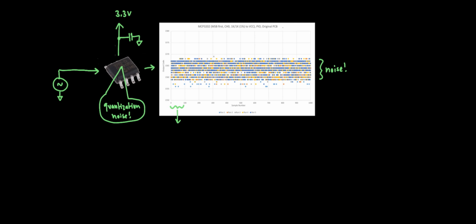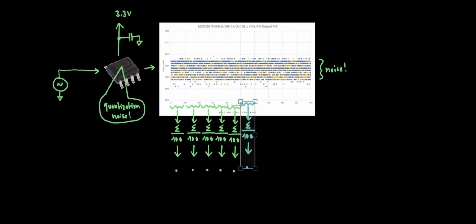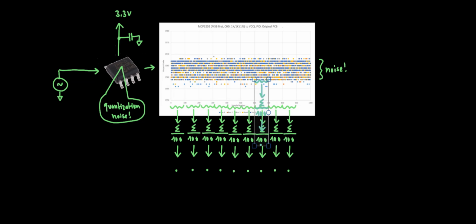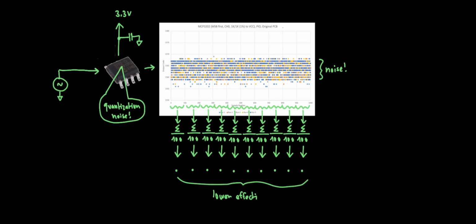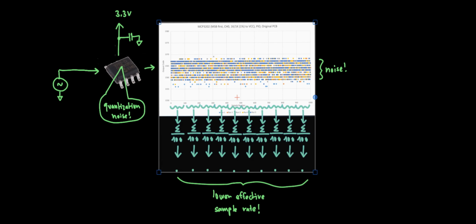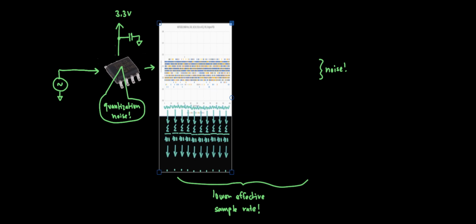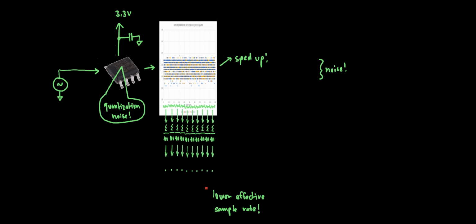In some cases, with fixed hardware, averaging is a popular trick to reduce noise. As the input samples come in, they are gathered together in groups of n and averaged, resulting in an output every n samples that should have much less noise. This also effectively increases the resolution of the ADC, but at the cost of decreasing the effective sample rate by n. However, if the ADC can be sped up by n, this decrease can be compensated for, and the resulting